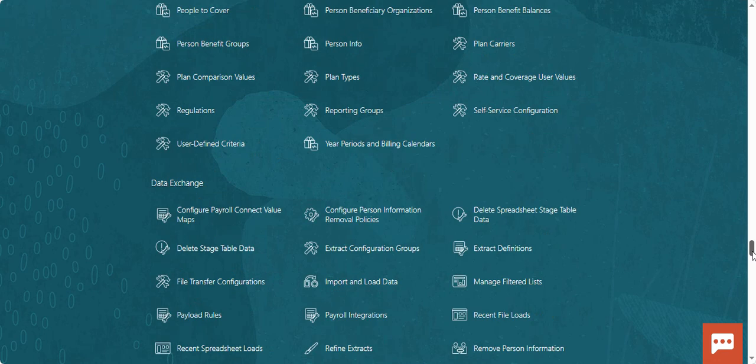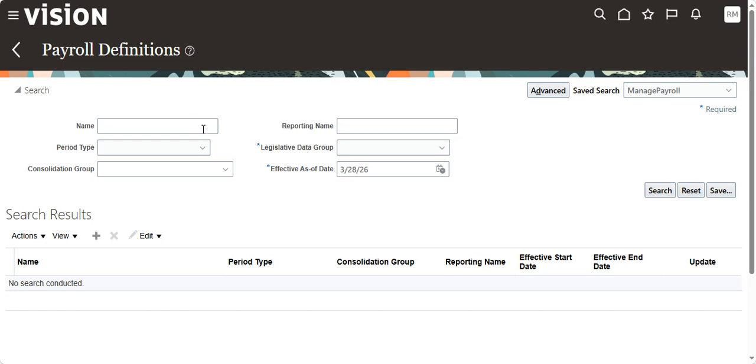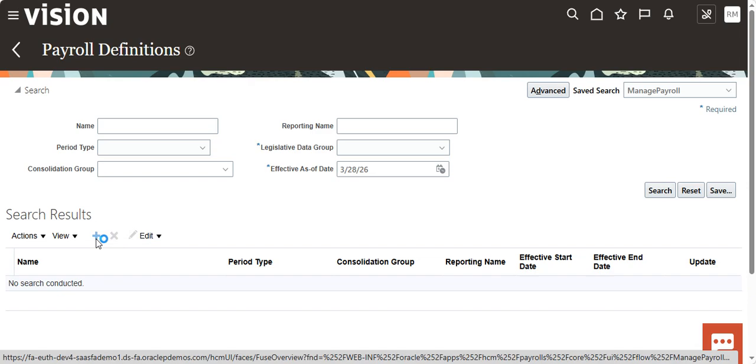Come to the payroll section, like payroll definitions. Okay, so in that payroll definition, we have used our consolidation groups. Okay, payroll definition, create,